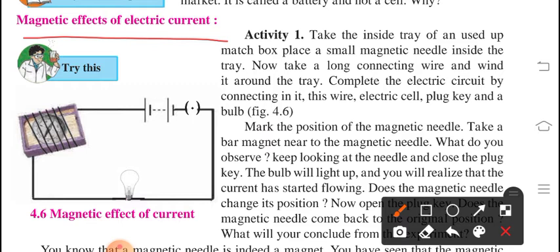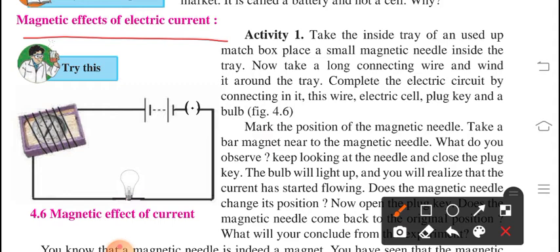Again he started the circuit. At that time again the needle got attracted towards the circuit, towards the wires. Why was this happening? Through that he became clear on one concept, that the current has a magnetic effect. Because the current creates a magnetic effect, the needle gets attracted towards it. So the same concept we have to study over here: magnetic effect of electric current.